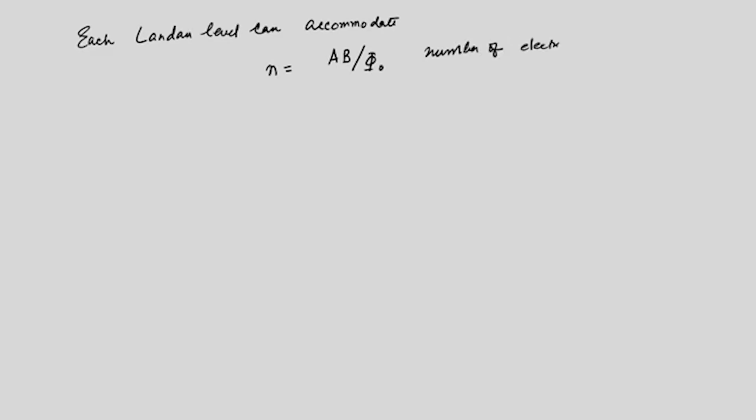This you have seen earlier, where A is the area of the sample, B is the external magnetic field, and phi 0 is the quantum of flux, which is equal to h over e. And now say you are talking about the filling fraction, let's write it by nu. So we ask this question: what are the number of ways